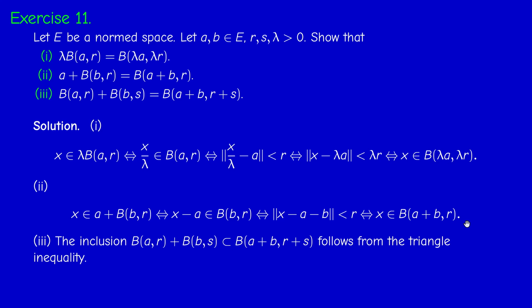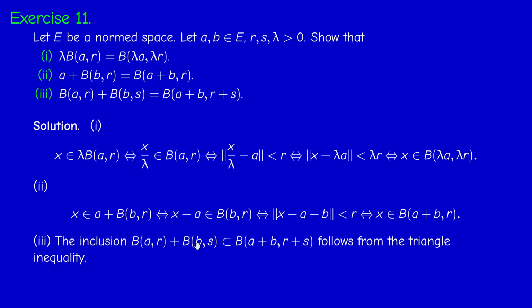Last identity, less trivial. So we split it into two inclusions. First inclusion, this set is contained in this set. This is a consequence of the triangle inequality. How do I prove this inclusion? I take an element here, so it is the sum of an element here and an element here. So if you take z in the sum, z equal to x plus y, x here, y here, the distance between x and a is less than r, the distance between y and b is less than s. So the distance of x plus y